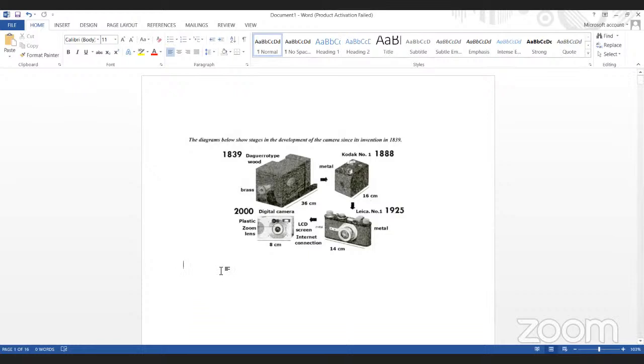The diagram below shows the stages in the development of the camera since its invention, right? Since its invention, right? Now we are going to paraphrase